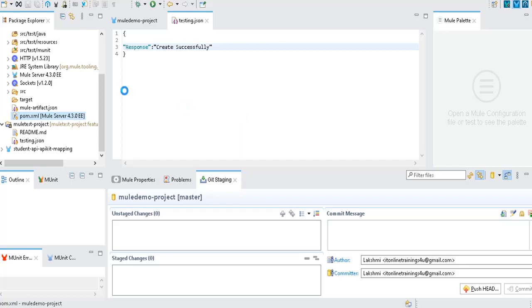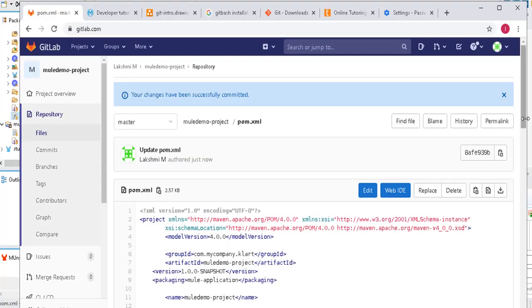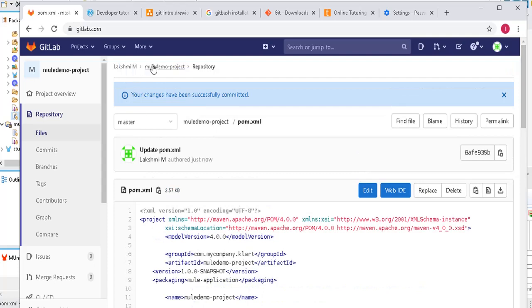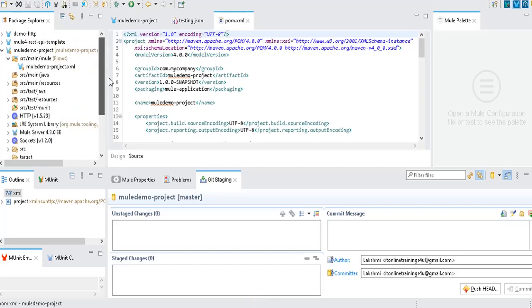So let us see what is available in my form.xml file before I pull the request. I pull the updated code. Okay, now the changes are committed here. Let us see. So here it is having form.mycompany only. I have added clart also in there. So I need to pull that updated form.xml file here.